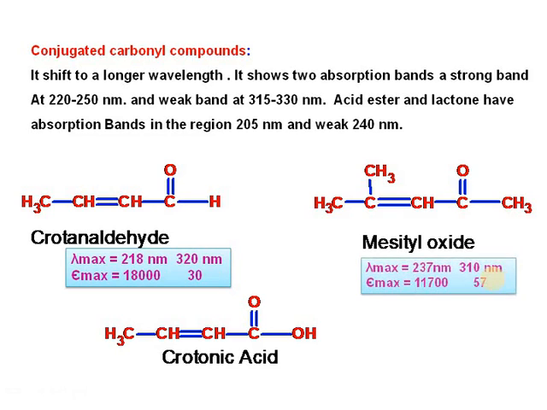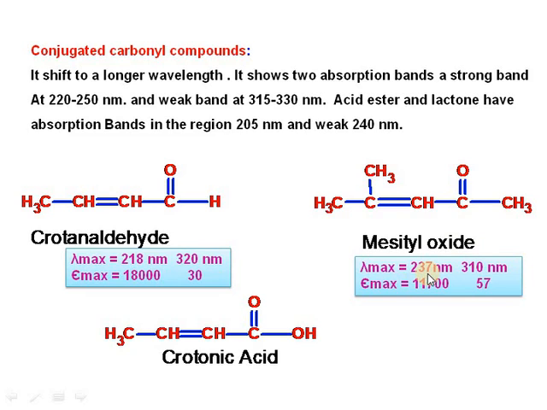Similarly, mesityl oxide also shows two bands. One is 237 nanometers, the other is 310 nanometers. 237 is a strong band and 310 nanometers is a weak band, for this carbonyl carbon is conjugated with the double bond. For crotonic acid, the values are found to be